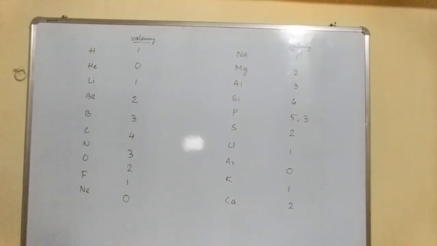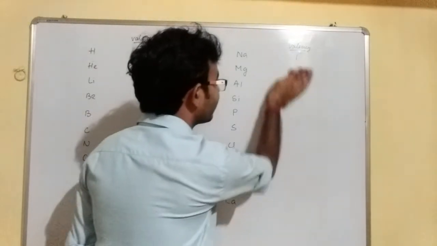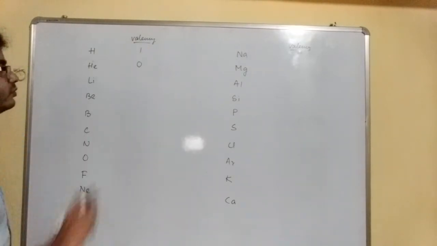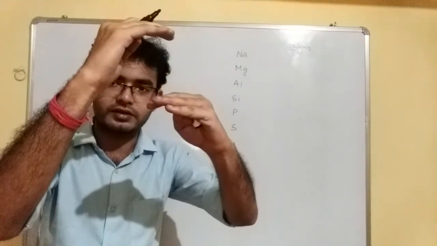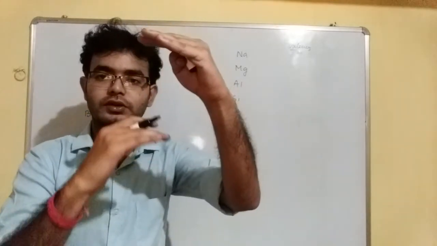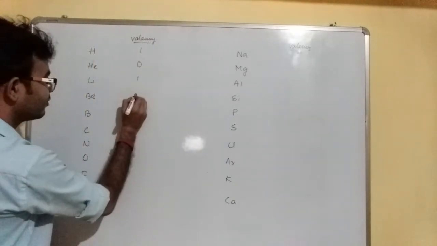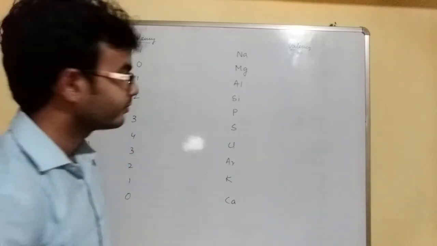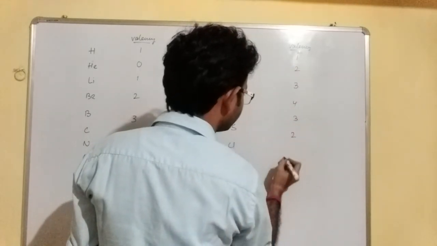Sir, how can you prepare this chart of valency? I am just showing this. How to remember? First remember for these two, that is 1, 0. Then we proceed like this: 1, 2, 3, 4, then 3, then down. Okay, 1, 2, 3, 4, 3, 2, 1, 0. Clear? That is 1, 2, 3, 4, 3, 2, 1, 0. Complete. For this one, 1, 2, 3, 4, 3, 2,